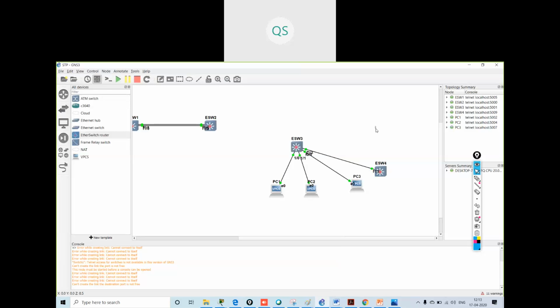Okay, let me check one more thing. I have disconnected this. What I will do is connect a normal switch. I can check it in this way also.